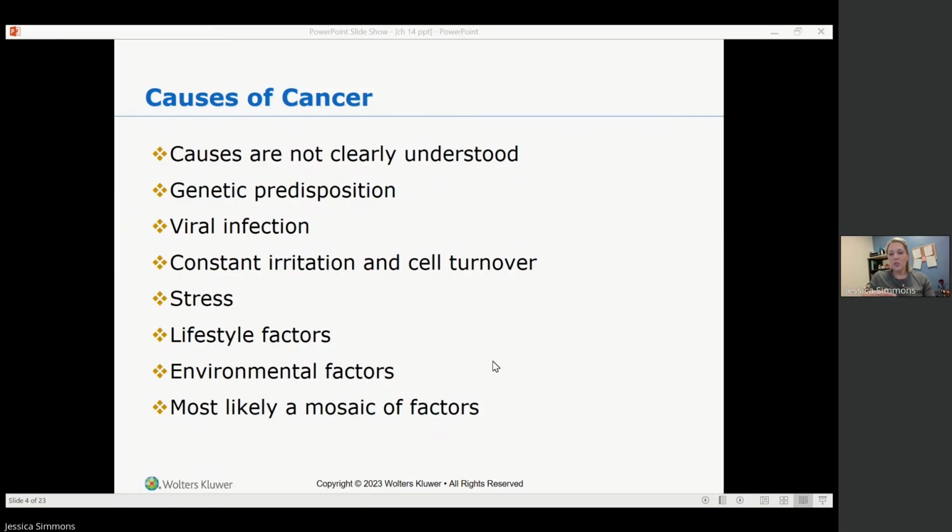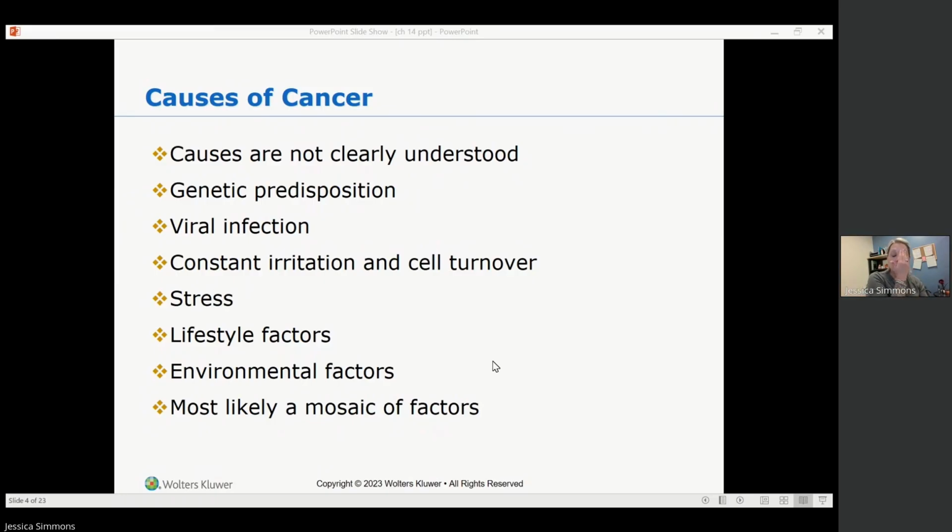GERD. Okay, so if you have a lot of esophageal acid reflux, that can cause a lot of irritation and erosion within the esophagus. There's a term for it. It's called Barrett's esophagus. When you have that increased erosion, it puts you at a higher risk for esophageal cancer, because those cells are breaking down and regenerating faster than they're supposed to. Whenever that happens, you always have the risk of that cell going rogue, and it only takes one, which is really scary.